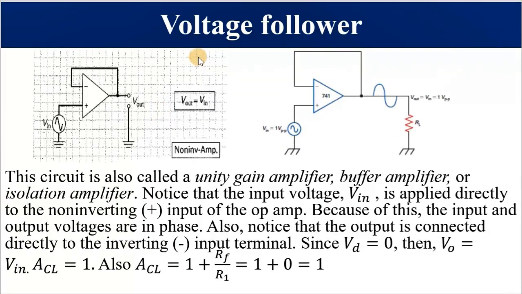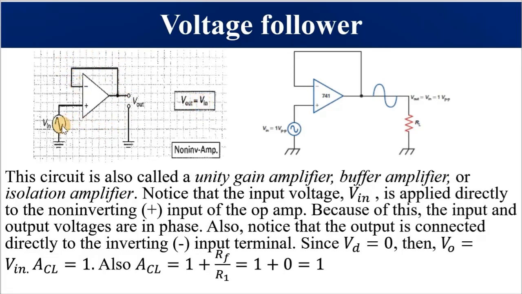The first operational amplifier circuit that we are going to look at is called a voltage follower. And what are we saying? We are saying the output voltage follows the input voltage, hence the name voltage follower. And this is the circuit. You must be able to draw it. Instead of having a feedback resistor RF, we take all our output voltage and feed it to the input. Hence V out is equal to V in.